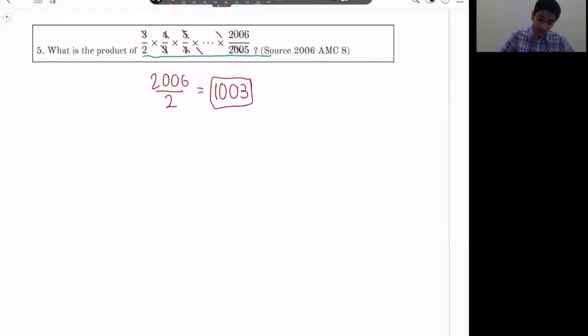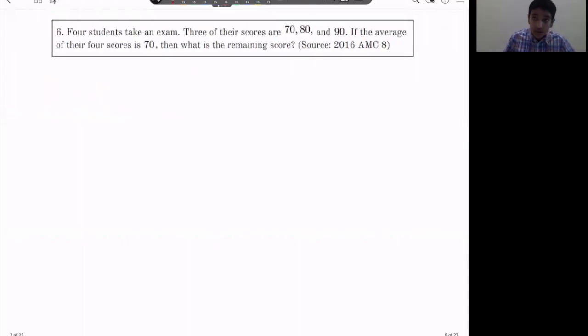Now we'll move on to number 6. 4 students take an exam. 3 of their scores are 70, 80, and 90. If the average of their 4 scores is 70, then what is the remaining score? So here's how you do it. Let's first find, so we have 4 students, and